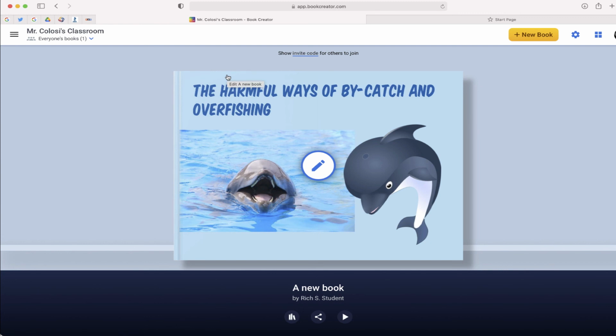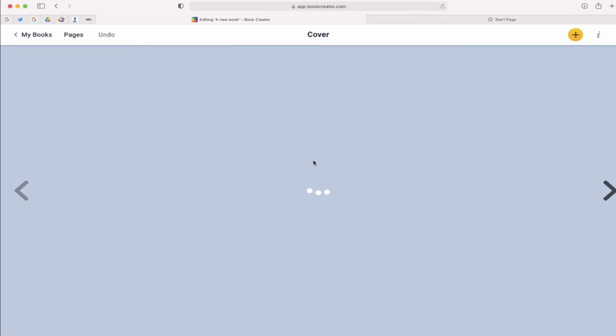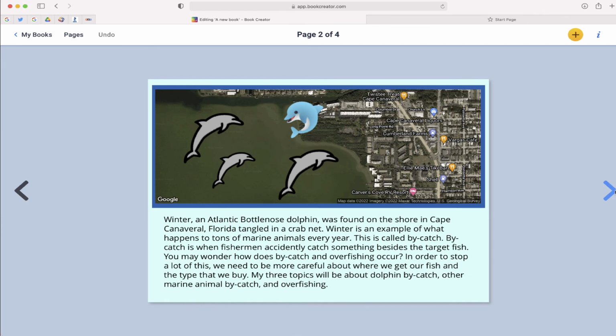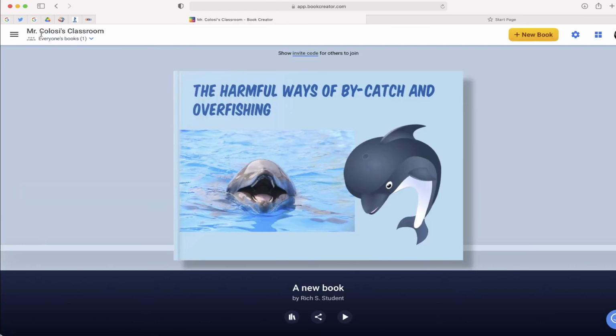So as a teacher, after my students work independently, I can go to my Book Creator account. I can go in, maybe fix some grammatical errors if they exist, or take something out that doesn't belong there. And I can see what my students are doing in just about real time. But let's say that I go in, this book looks really good, and now what I want to do is